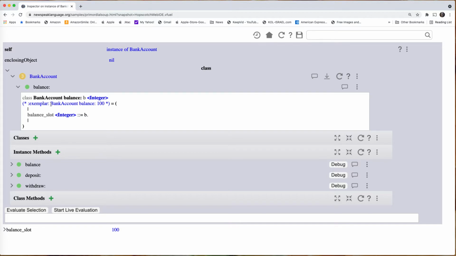It tells us that an exemplar for the class can be derived by calling bank account with a message balance colon, and a value of 100. So that tells us how to create an instance, and the IDE knows this and can therefore always, whenever we view the class, produce an instance that we can inspect and give us a context for self and its instance